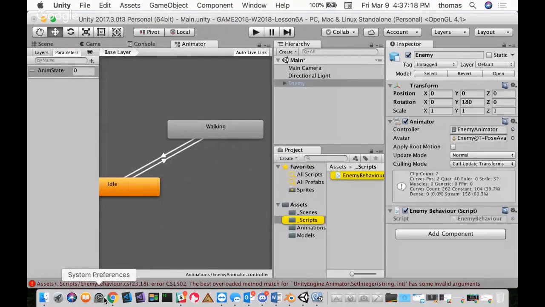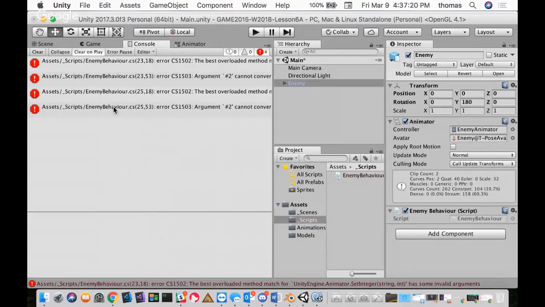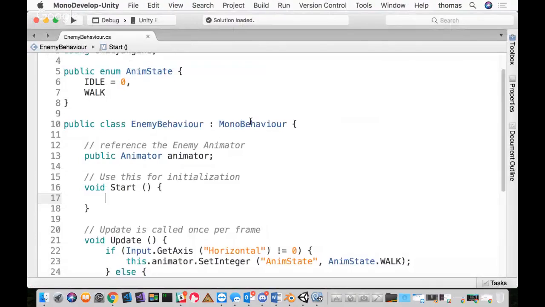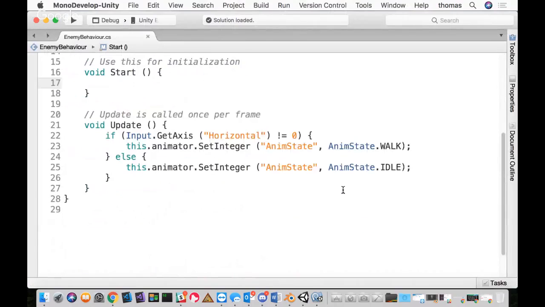And what did I do wrong? The best overloaded method match for Unity Animator set integer has some invalid arguments. Yeah, so it doesn't like that. I think I have to cast it to an int. So I have to say something like int cast